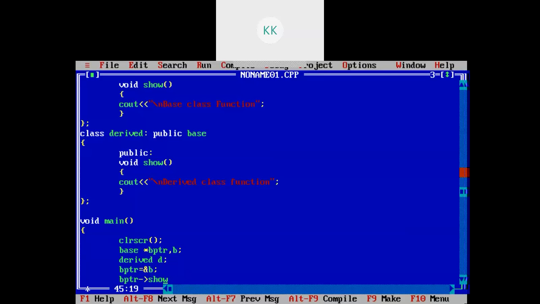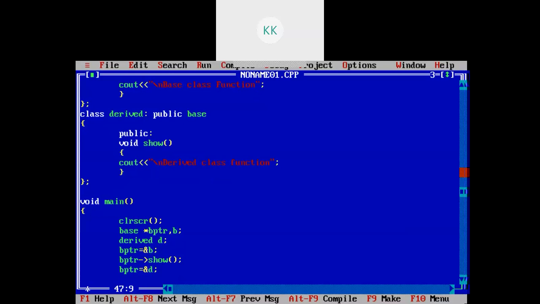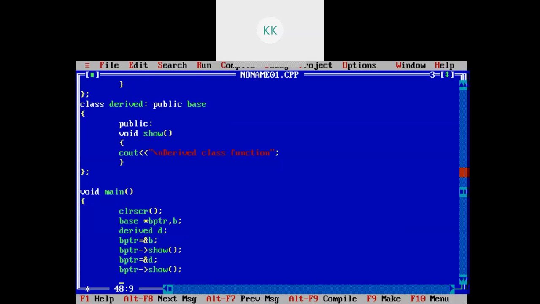And again bptr equals ampersand, now I will assign the address of the derived class object, and again bptr show function I am calling, then hit enter.